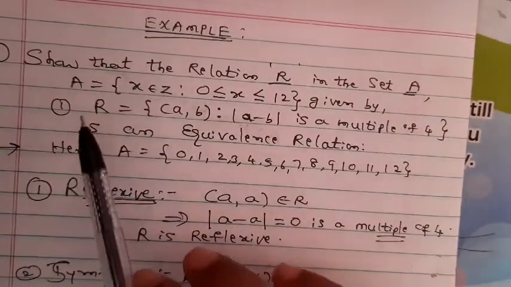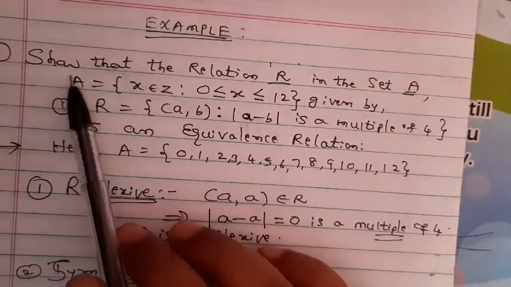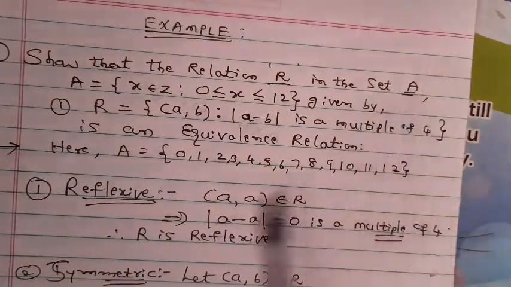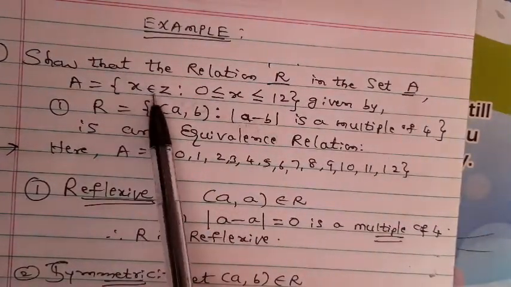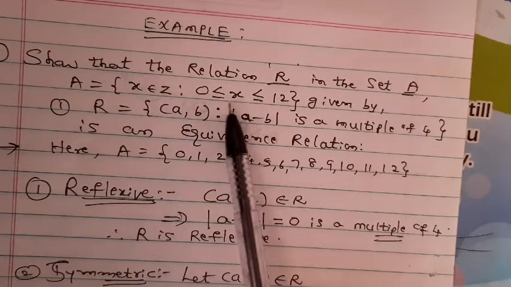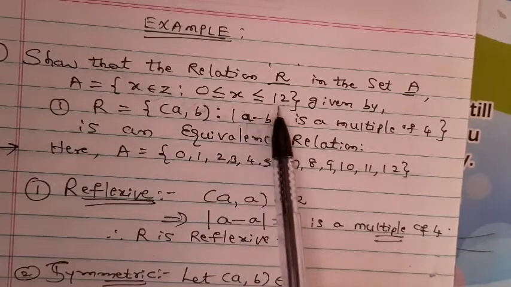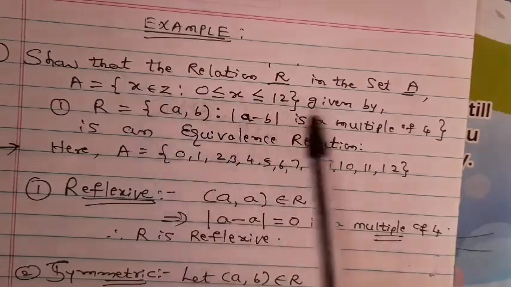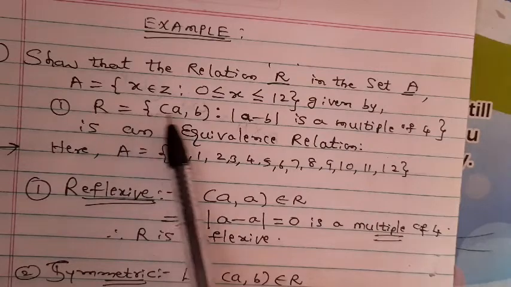Let us consider another example here for 3 marks. Show that the relation R in the set A. So what is the set here? A is the set of X belongs to Z such that X is greater than or equal to 0, less than or equal to 12. See, X belongs to the integer set, given by R is equal to (A, B) such that,